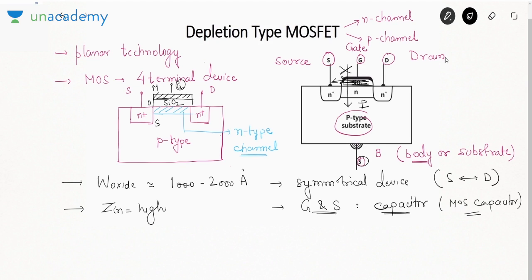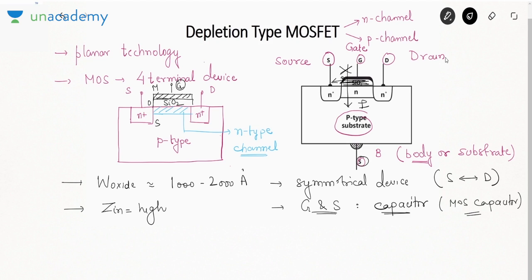So that is why when we are designing integrated circuits, we are not designing capacitors separately, but we are using the MOSFET itself as a capacitor. That is a point to remember. In ICs, we don't design capacitors and resistors. We make use of the transistor as a resistor as well as a capacitor.